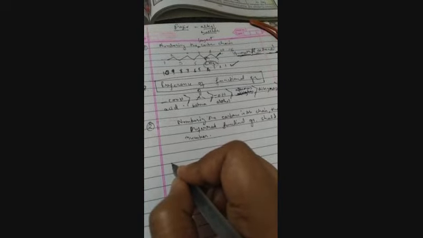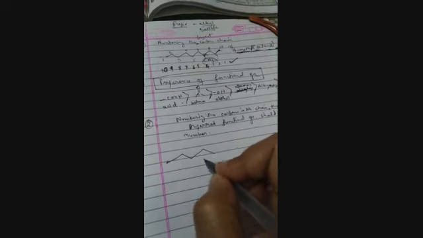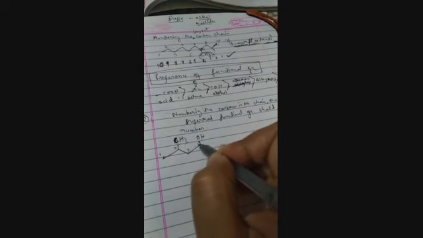Let us take this example: carbons 1, 2, 3, 4, 5. Now we have got a functional OH group given over here, and here a bromine and a CH3, a methyl group, is given. Now you can number it in this way, 1, 2, 3, 4, 5, and another way you can number it as 1, 2, 3, 4, 5. Now which way should you number?